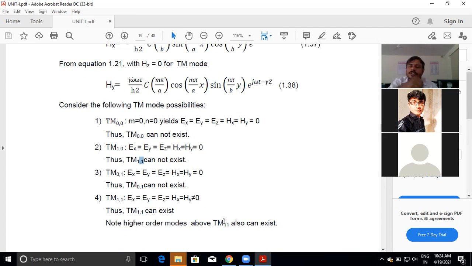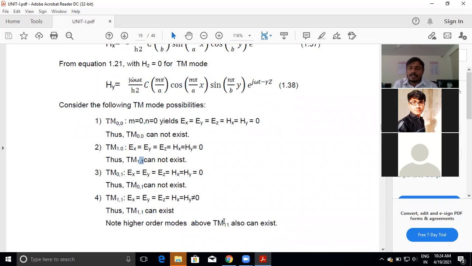That is proved by using these equations. Why? Because for such three cases, there are no field components existing in the waveguide. No field components means no wave propagates in the waveguide. That means those modes are not existing. So the minimum mode existing in TM is the TM11 mode. The remaining ones exist too. TM12 is there, TM21 is also there. But the minimum mode is the TM11 mode.